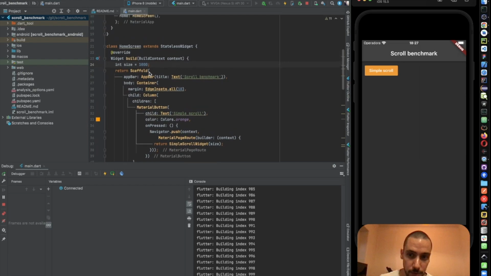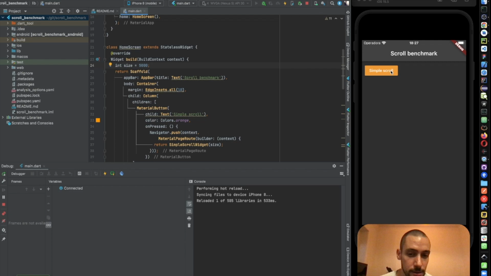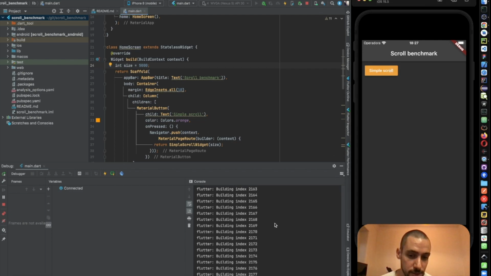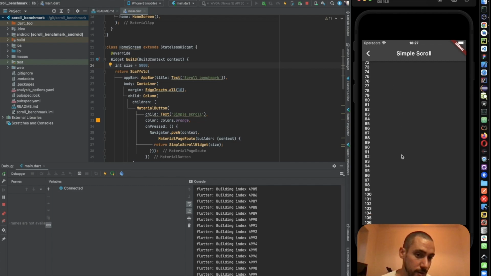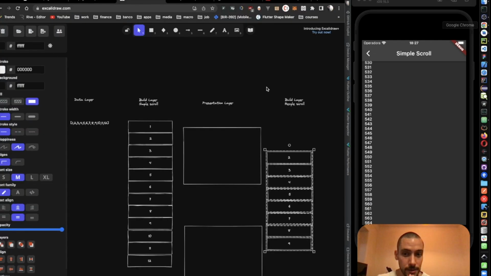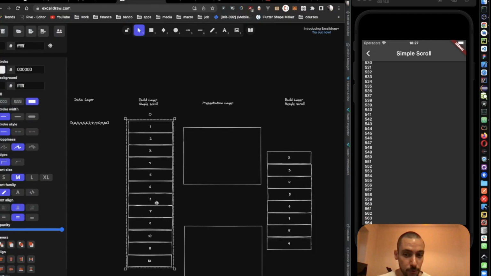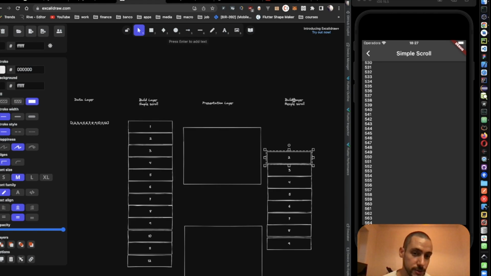So I will increase a bit more so you can see more clearly. Okay, so you see it's building all this stuff, and only when it reaches the end does it become usable. And it's not really that responsive, it's too much stuff and it's not working that well. So this approach doesn't work well for a lot of elements,